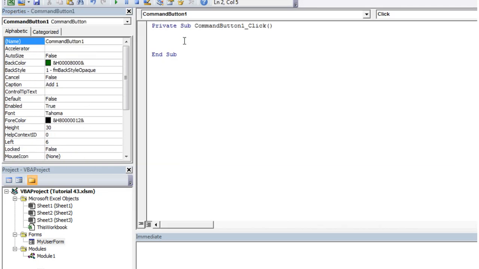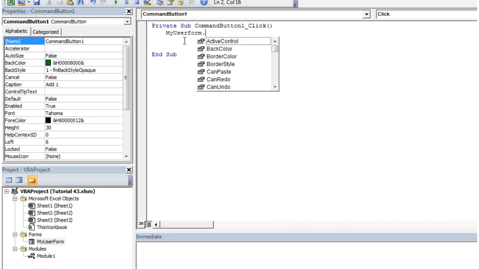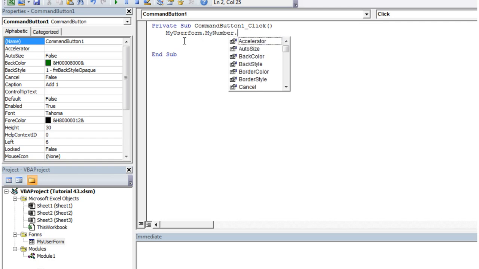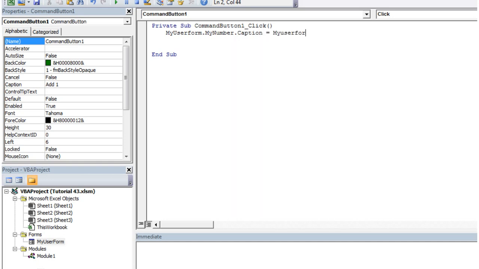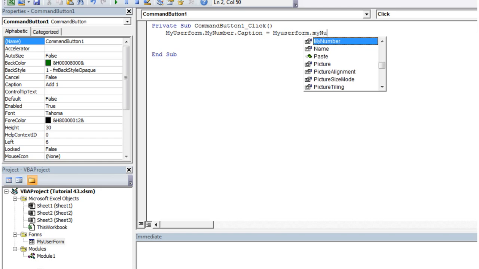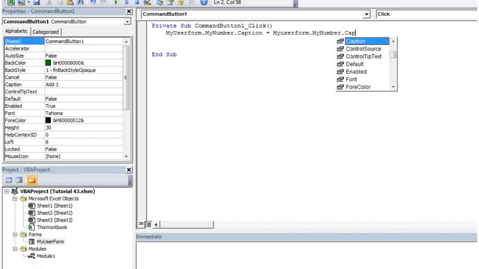Then when we go in here to reference it, we need the name of our user form, so MyUserForm dot MyNumber dot Caption, and we make it equal to MyUserForm dot MyNumber dot Caption plus